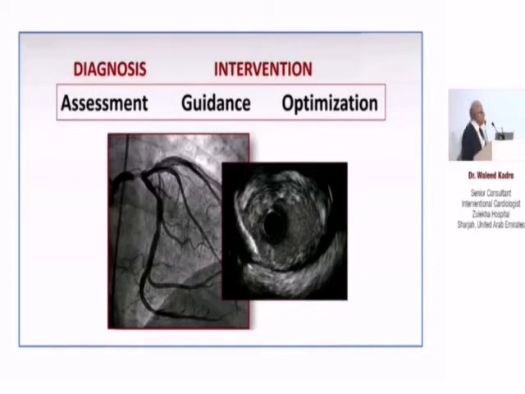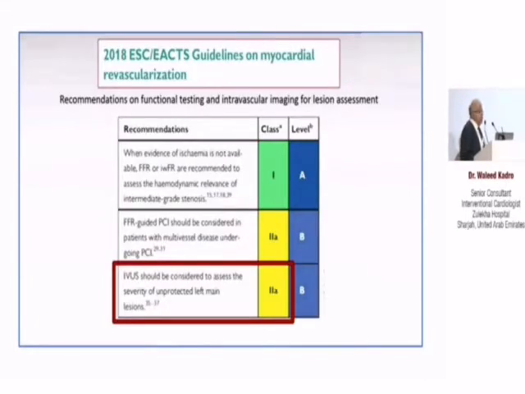The IVUS is useful for the diagnosis by assessing the lesion, and it is also useful for the management of the patient by giving guidance for the intervention and optimization of the intervention. In the guidelines, it was given grade 2A for using IVUS for the assessment of severity of left main